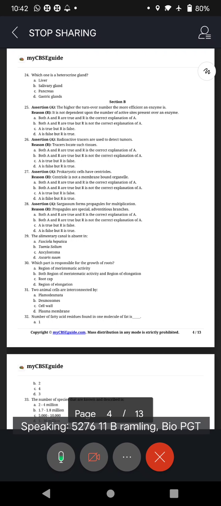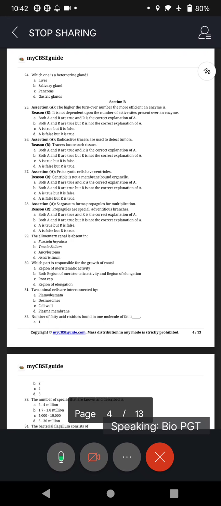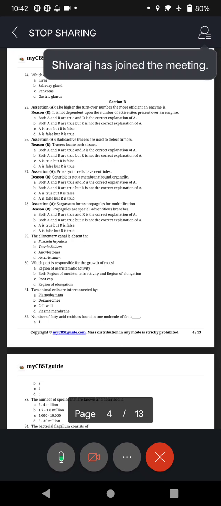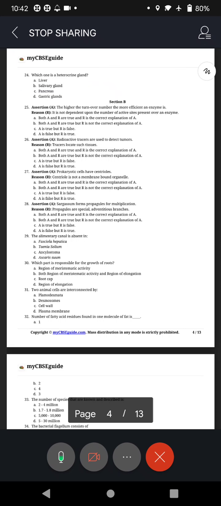So we have been discussing model paper 2 for term 1, and as I have been telling you, the term 1 question paper will have 3 sections. Section A consists of MCQs. One statement will be there, 4 alternatives will be there. You have to select the right one, and 24 questions will be there. You have to answer only 20. So avoid the difficult ones, answer the ones that you are comfortable with.